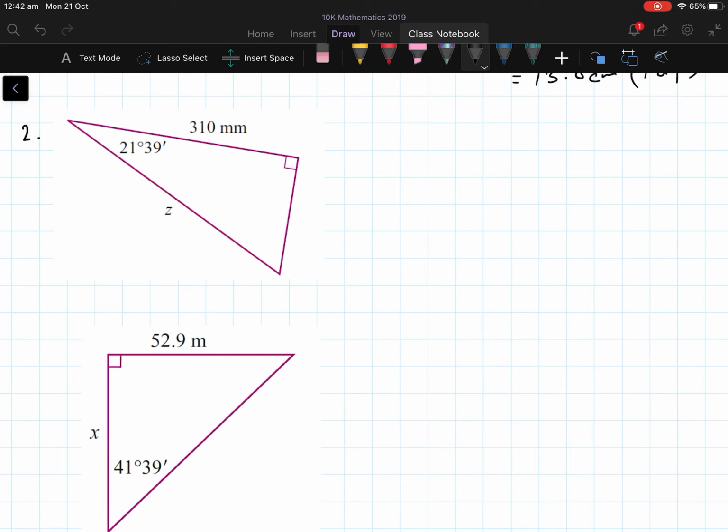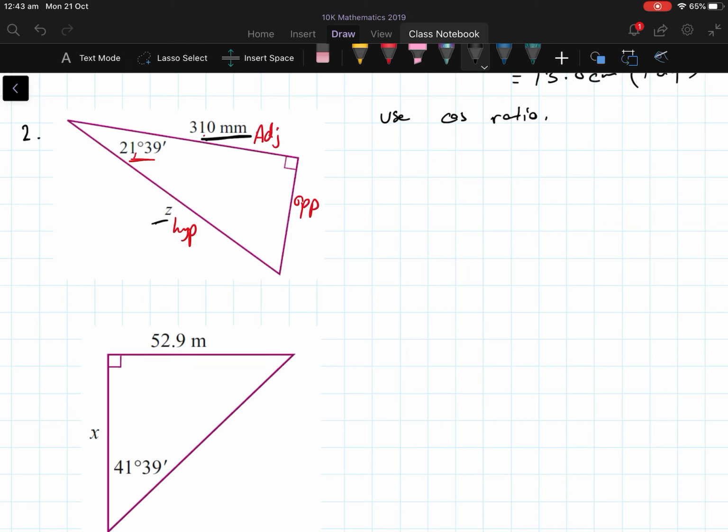Okay, so here we go. Now we've got to think, my angle's over here. Now, Z, well, that's the hypotenuse that we're trying to find because it's the longest side. 310, well, it's not opposite. The opposite side will be over here, so it must be the adjacent side. Now, if we've got the adjacent side involved and we've got the hypotenuse involved, which ratio has adjacent and hypotenuse? So we use cos